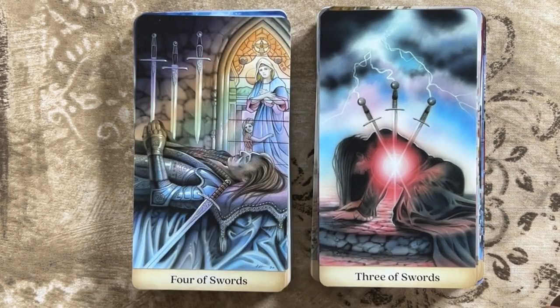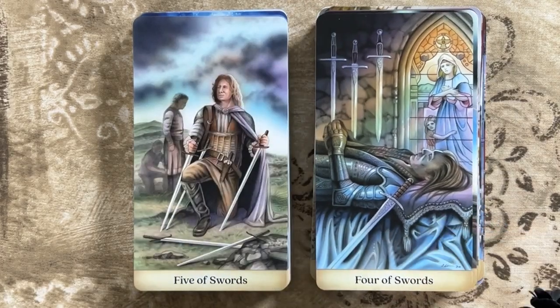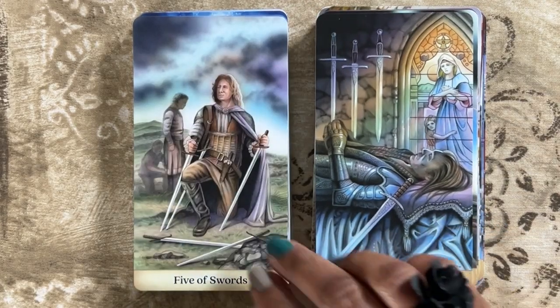The Four of Swords. I like this one too because I felt like the woman in the stained glass feels like she sees him, doesn't she? It's almost like she sees him and she's praying for him or thinking about him or missing him or something. There's a story there, I feel like, between those two. The Five of Swords,